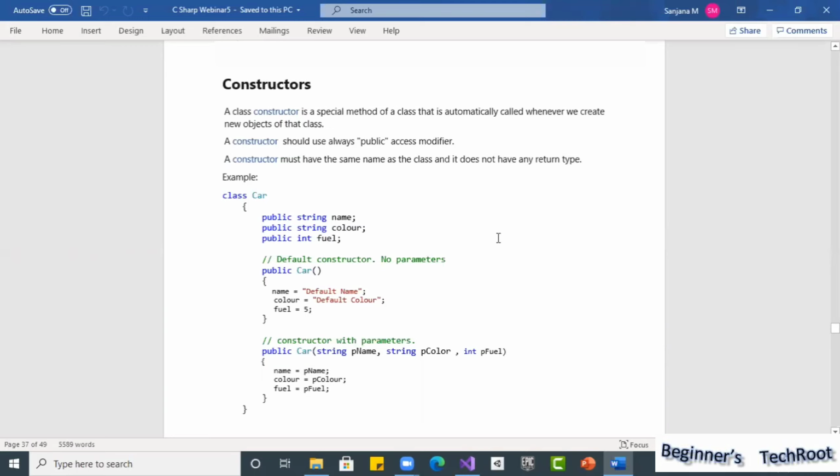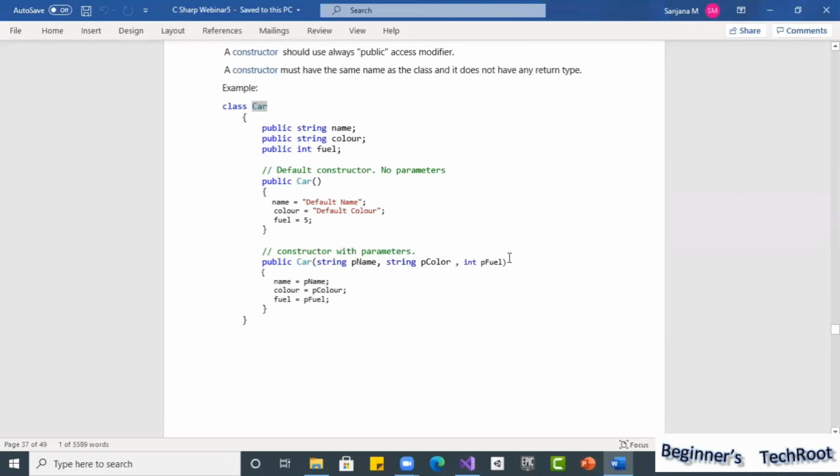Okay, for example, Car is a class. As we discussed earlier, it has the same three fields: name is a public string, color is also a public string, and fuel is an int.